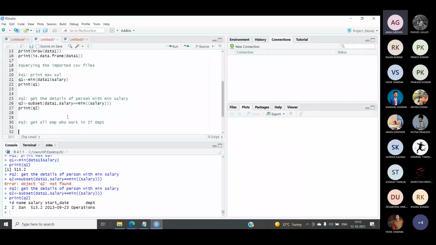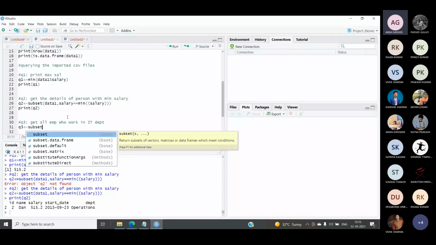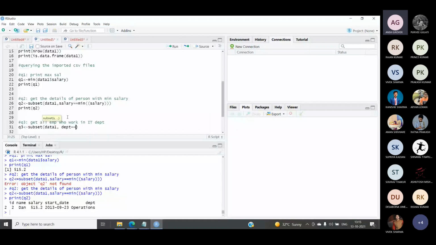Let me call it Q3. And inside Q3, I will again use the subset function. So I will access Jetta1 for this, and my condition is on which column? My condition is on the department column. So I will write the name of the column, that is department, and I will perform the comparison.